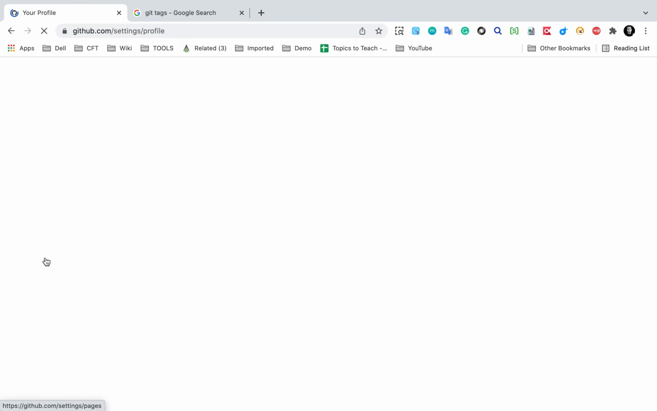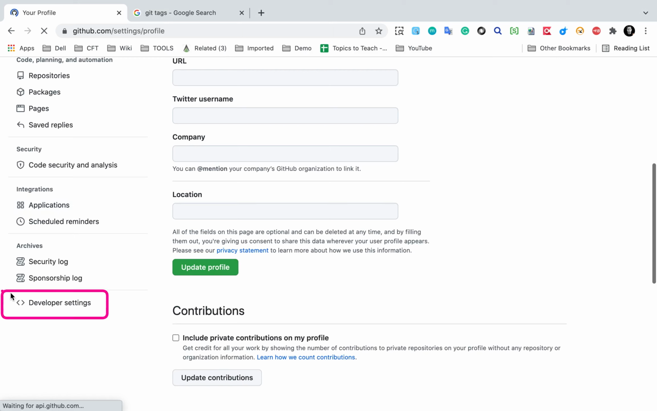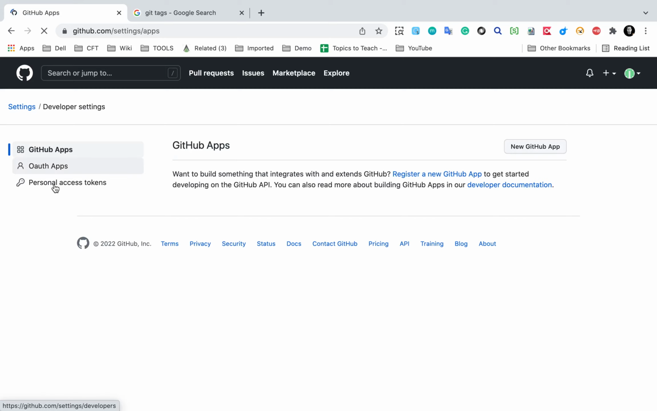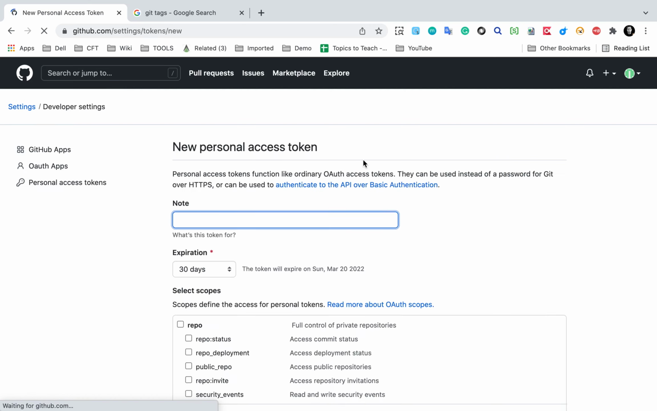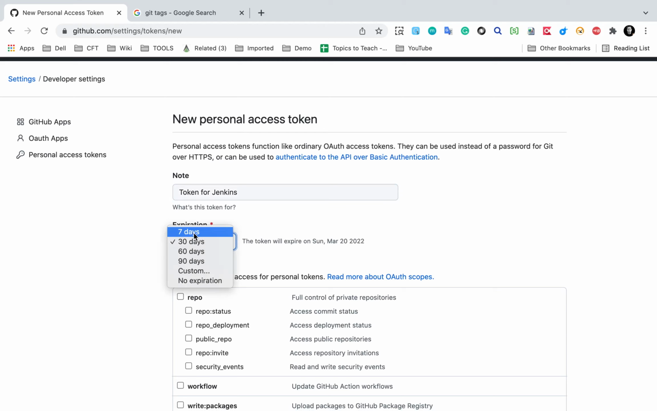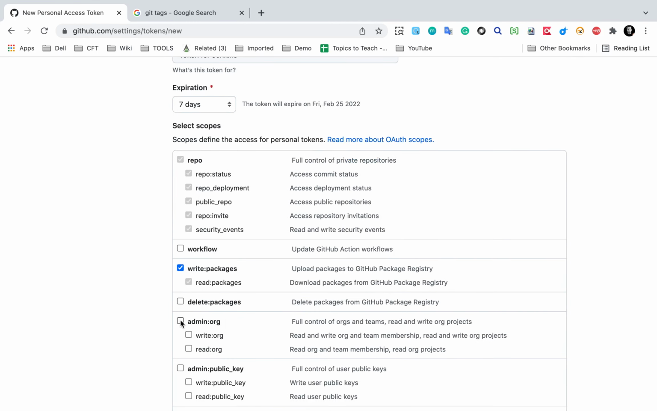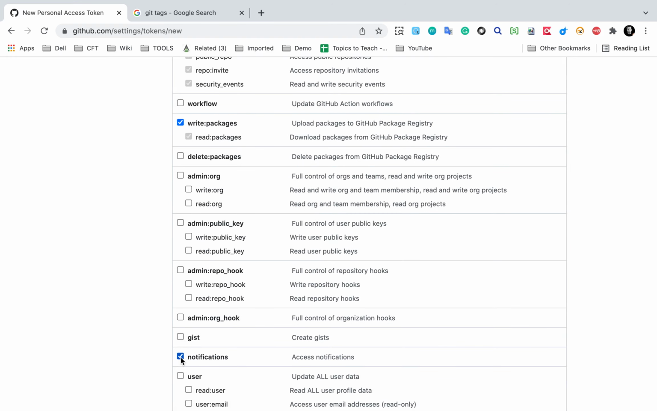and here if you scroll down you will find developer settings. So go here, developer settings, and this will take you to a page where you can go to personal access tokens. So go here, personal access tokens, and this will take you to the page where you can generate a new token. So you will be asked about a note. This is, I will say, token for Jenkins or something. You can set the expiration, you can select the scope, what all scopes you want,